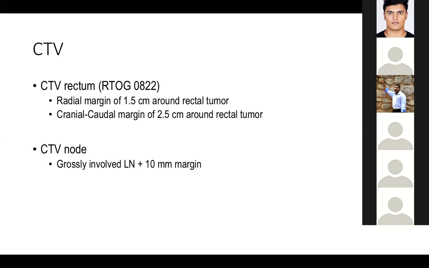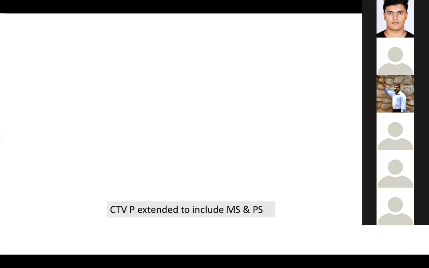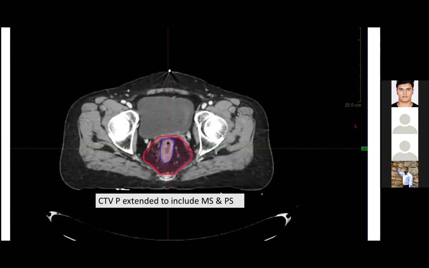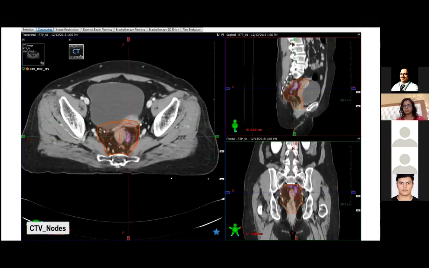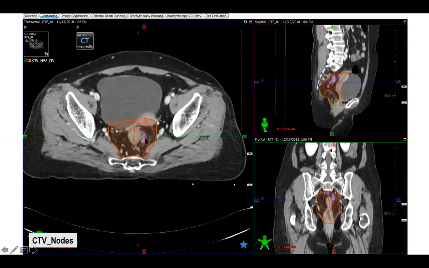For any gross nodes, a 1 centimeter margin is given all around for boosting it as a GTV along with the GTV primary. So we have the GTV, we've given a 1 centimeter margin. And this particular margin that we have given, the same can be expanded and form the mesorectal sort of an envelope that we were wanting to create, and go all the way up, then start drawing your nodal areas, and thereafter we can sort of finish off. And the areas which are there as a gross disease, they need to be boosted later on.